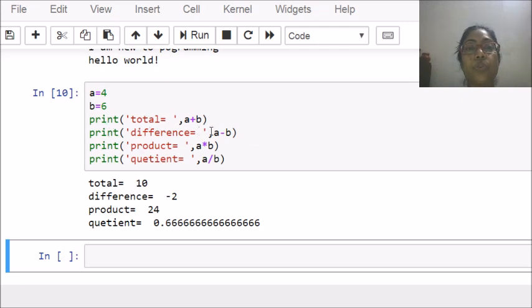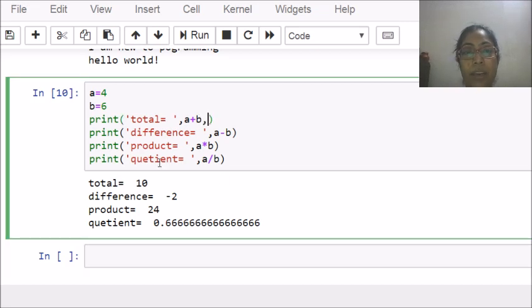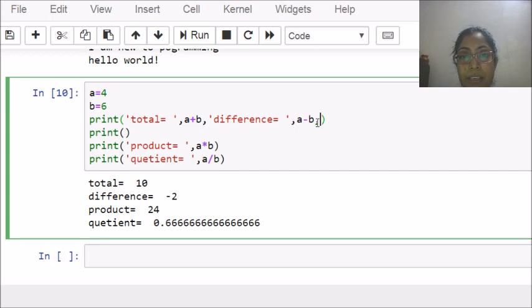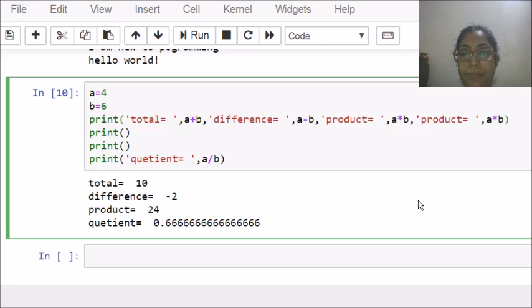Now if you want to write all these 4 statements under a single print statement, that is also possible. You need to write only one print statement, and after that print statement let me copy the content from here and I am displaying it here. You have to maintain the comma separation between string and variables. Comma must be there or you will face errors.